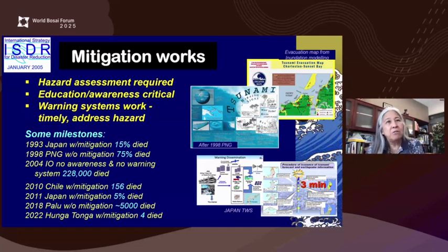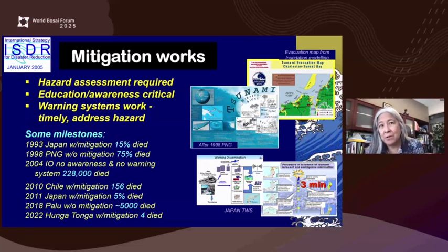2004, we all know about. No awareness, no warning, lots and lots of people died. And then more recently in Chile, with mitigation, and that mitigation was simply awareness that 1960 had occurred and people passing down that natural warning information over generations, but also a number of earthquakes had occurred and people made sure that their buildings were constructed more strongly, and so the earthquake deaths were greater, but the tsunami deaths were relatively low.